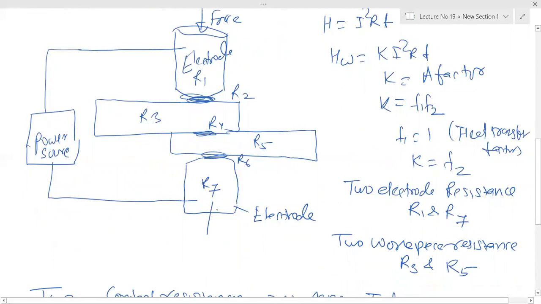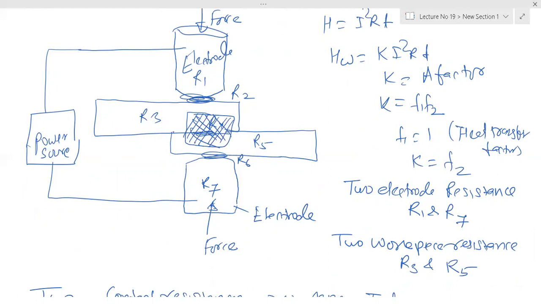cycle force, and finally a weld bead is formed here. That weld bead is formed. When we complete that cycle, pressure is applied, current is on, then pressure is on, current is on, then pressure is released again, right? Current is off. So that cycle completes and the spot welding is performed,